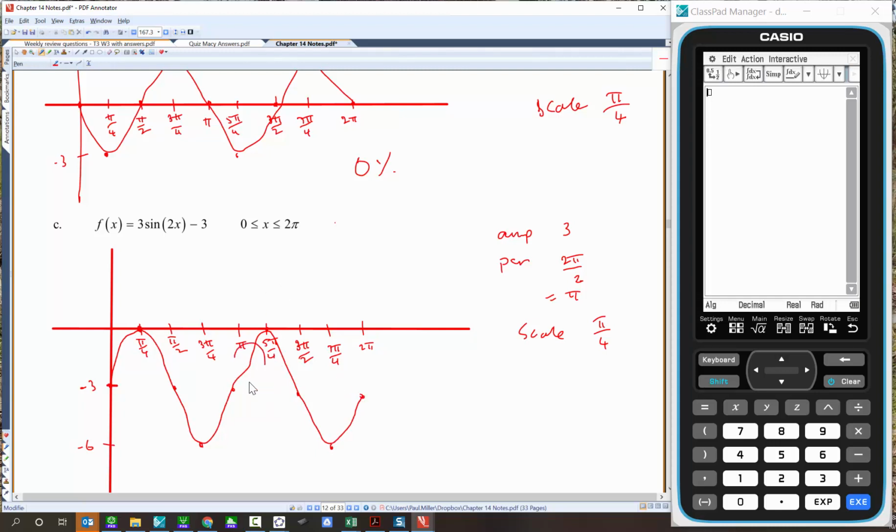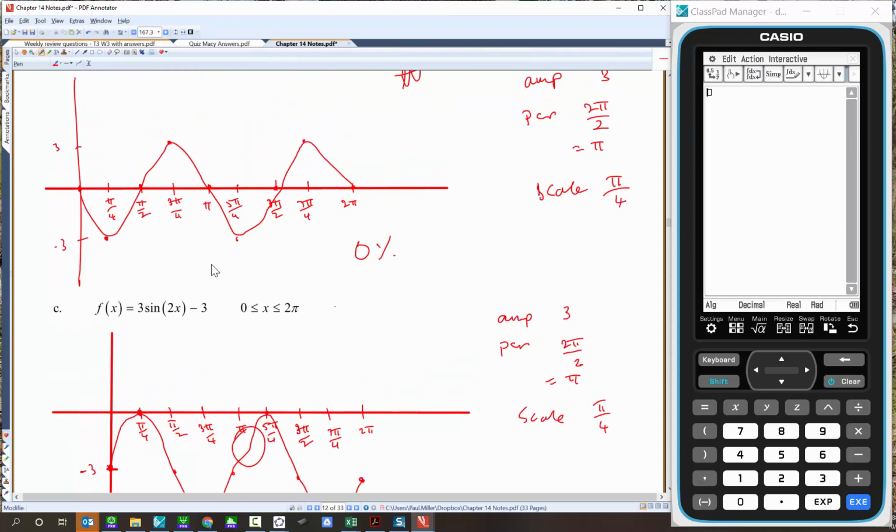Not as bad as the other one, but what is that? All right, anyway, here we go. I was just critiquing my previous graph so much that I forgot to put in the key features. So turning points, pi on 4, comma, -3, pi on 2, comma, 0, origin, because that is the y-intercept,